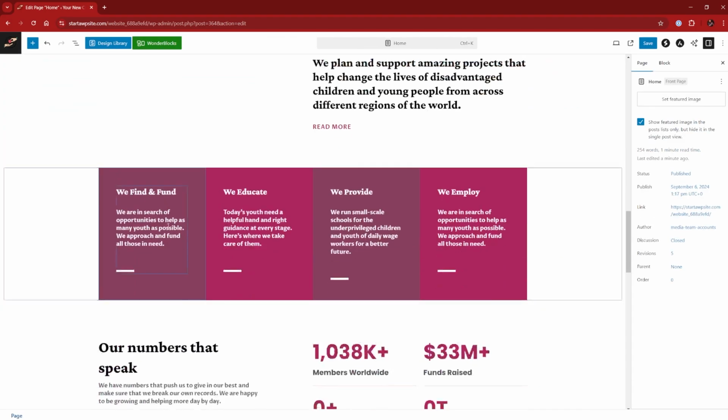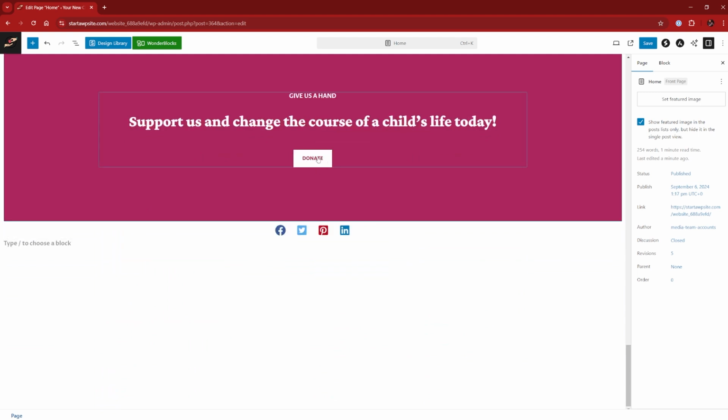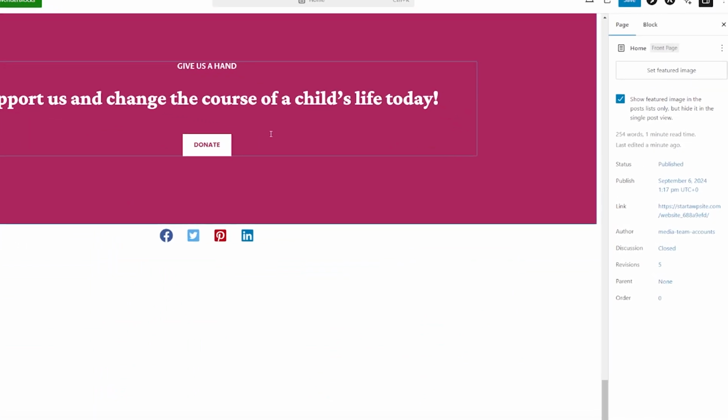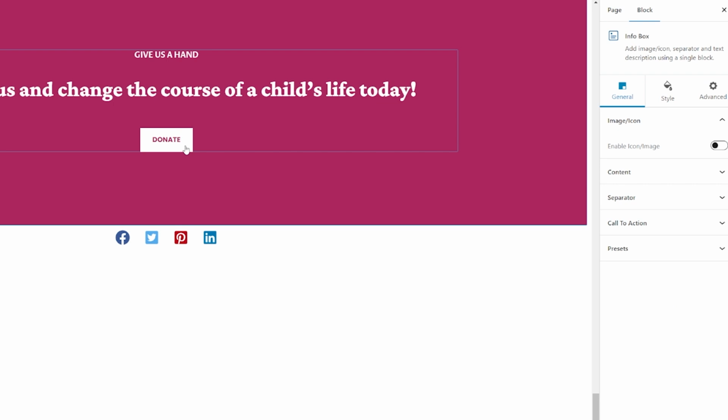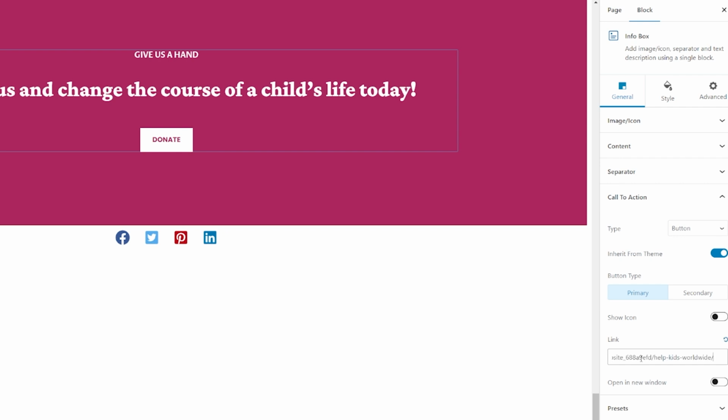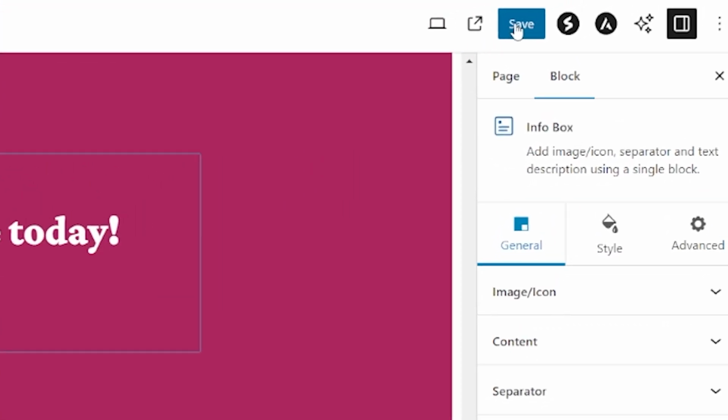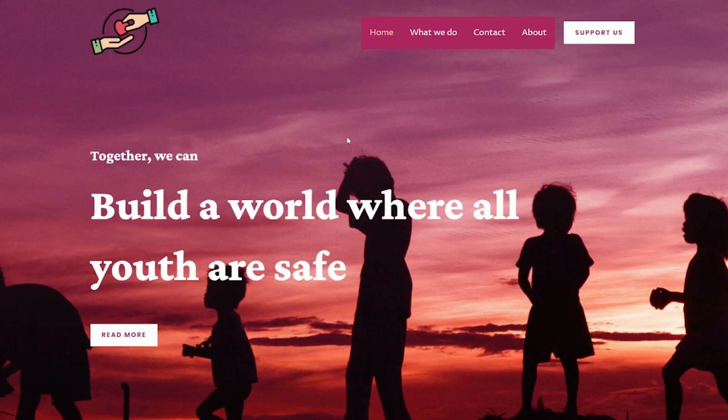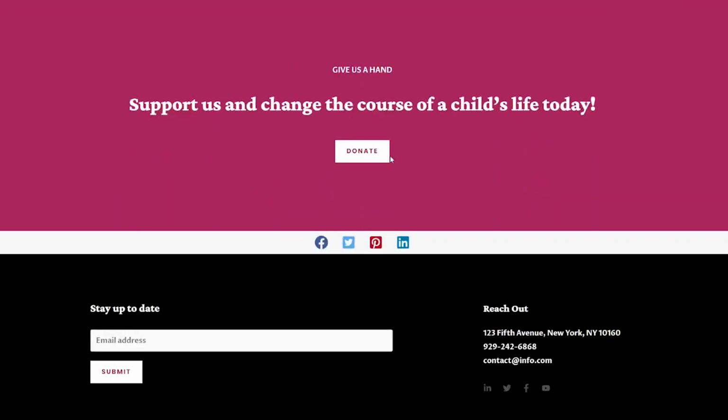I'm going to scroll all the way down to the bottom because I want to add it to this donate button here. So I'm going to click on here, and it's going to give me the options in general for each separate item, and it's the call to action button where I want to add it. So I'm going to click here. I'm going to go down to the link, and I'm just going to paste in that link that we copied earlier. Just like that, nothing else required. I'm going to come up to the top and click on save. So now from my home page, if I scroll down and I find that donate button just there and I click on it,